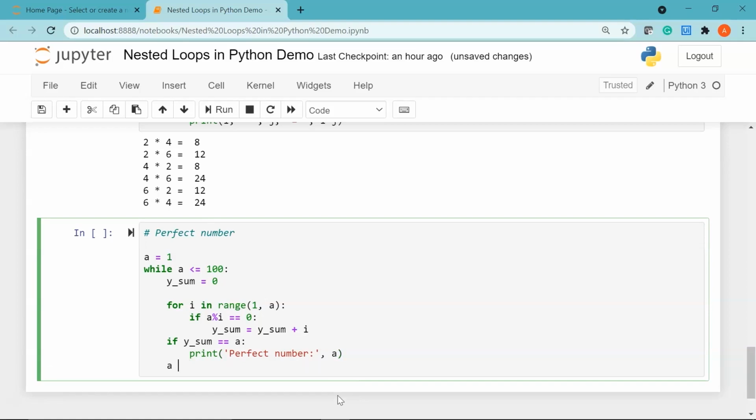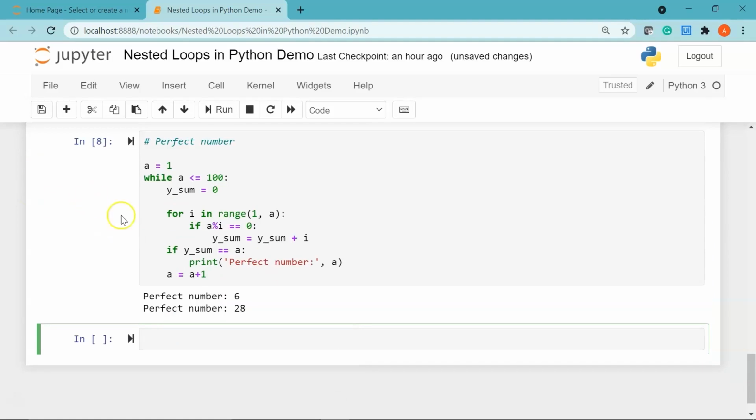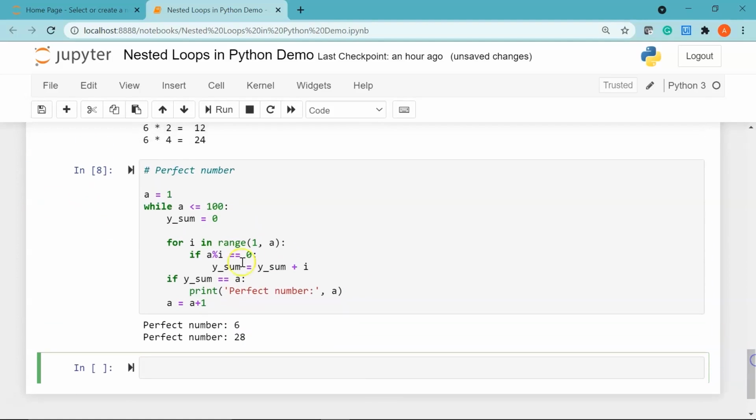And finally, we are going to increment the value of a by 1. Now let's run it. You can see it here. Between 1 and 100, we have two perfect numbers, as I mentioned earlier, 6 and 28.